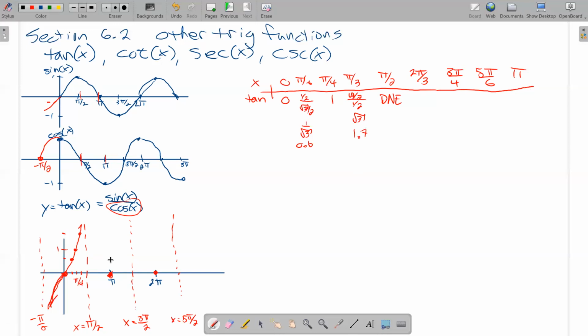All right, so at pi, I already established I have a 0 there. And then what happens in between? Well, let's think about 3 pi over 4 for a second. Thinking about the unit circle,